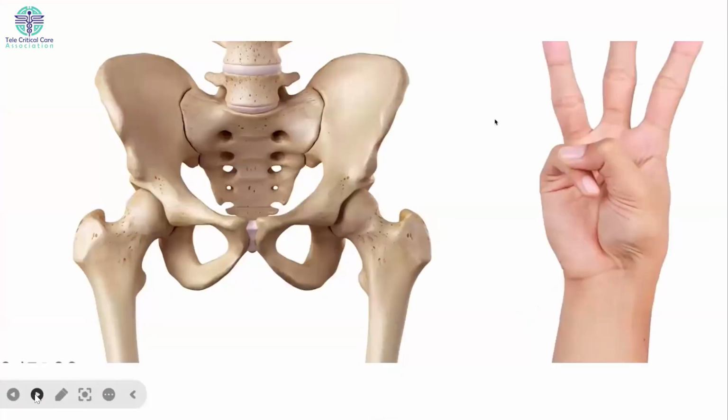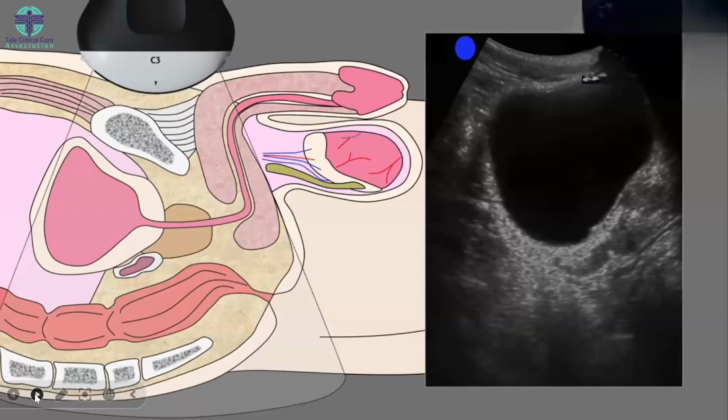The third area of interest is the pelvis region. Now in the pelvis, we should use the probe in sagittal position as well as in transverse position. We will acquire different images in males and females. So first, we will acquire the image in a male in the sagittal position of the sonography probe. When we put the probe, we will see the urinary bladder. This is the urinary bladder. This is our rectum, and the space between the urinary bladder and rectum is the rectovesical space, which is our area of